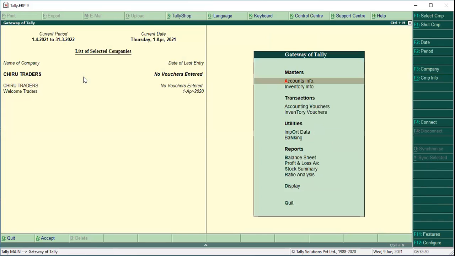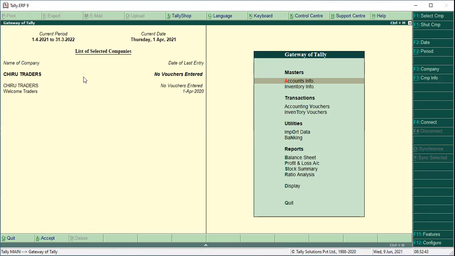Now you have to enter the accounting vouchers here. First, you have to enter the receipt voucher because you received an advance amount from Pawan Traders. How to go to accounting vouchers? What is the shortcut key and how to navigate to the receipt voucher from accounting vouchers?